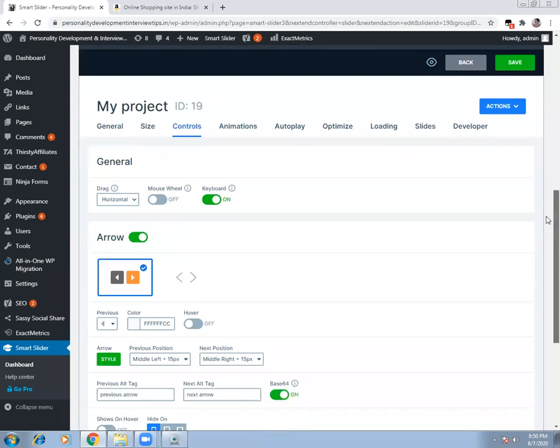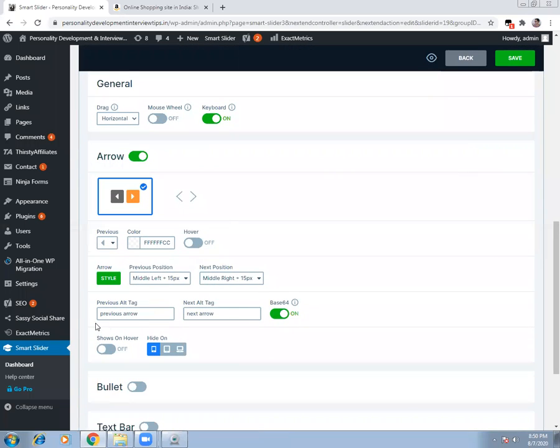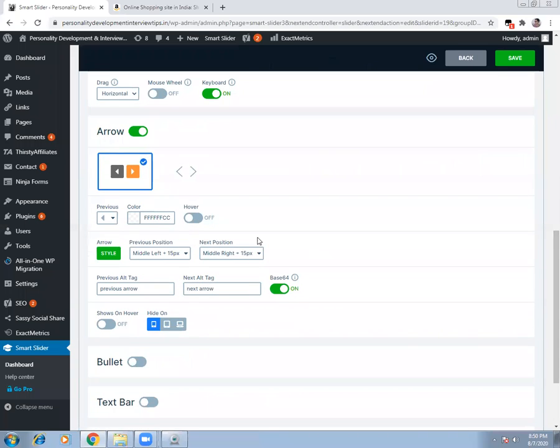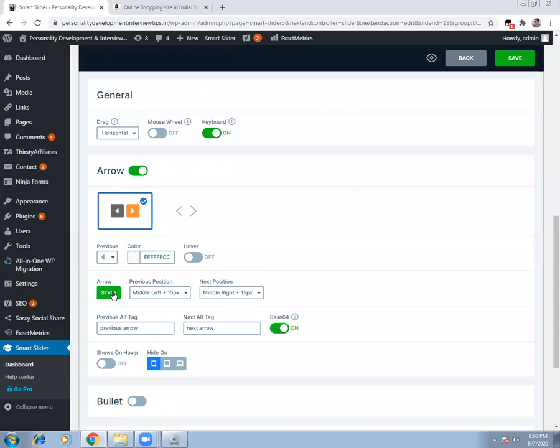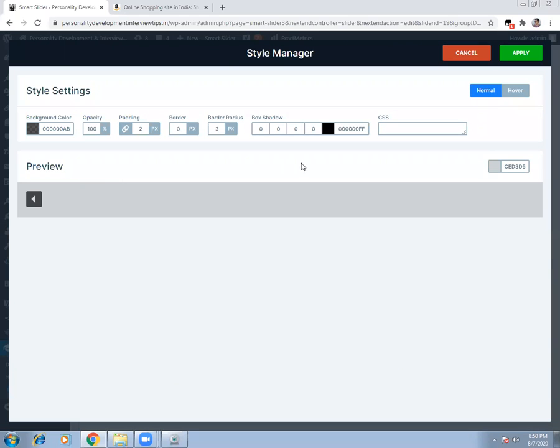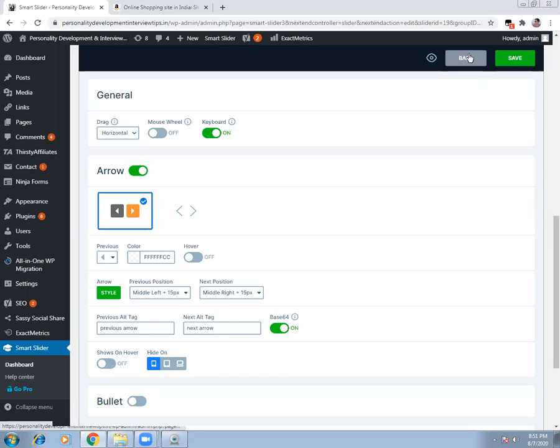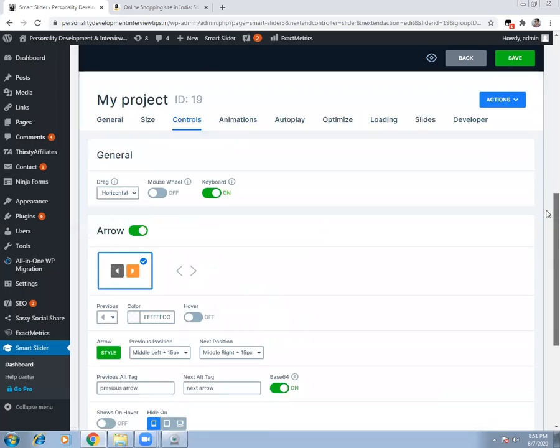And if you want to change the color or something, you can simply check it out. You can also change the colors and more using various options here, like style. You can format the style. You can select the colors, shadow of the boxes, background color. Whatever you want, you can do it and simply say apply. Right now I don't want to do it, but I just wanted to tell you that here are the controls.